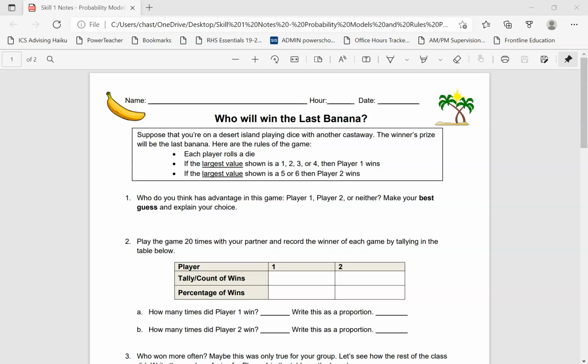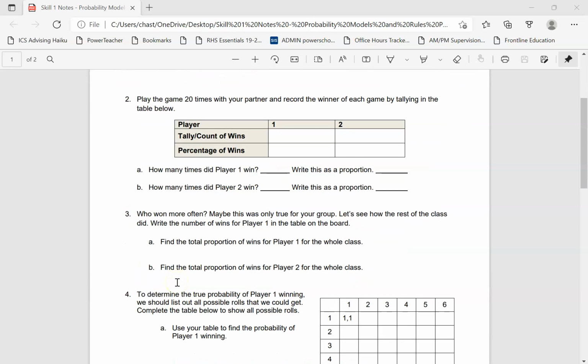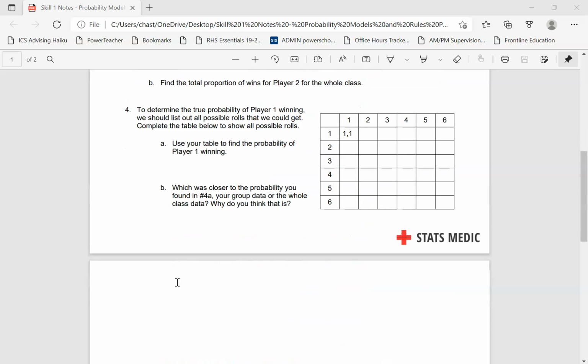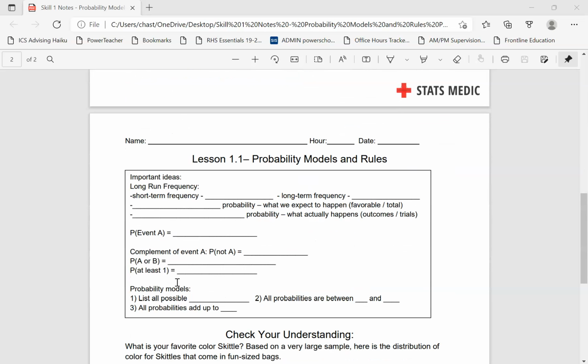This is Mr. Bear, and we are going to start off this semester with some probability information. So in class, you're going to start off with an activity where you and a partner are going to toss a die. Because I don't have the ability to do this in the notes here, I am just going to get right to the